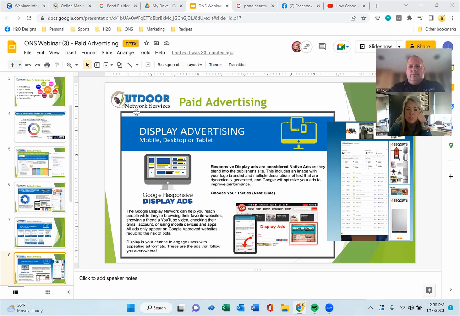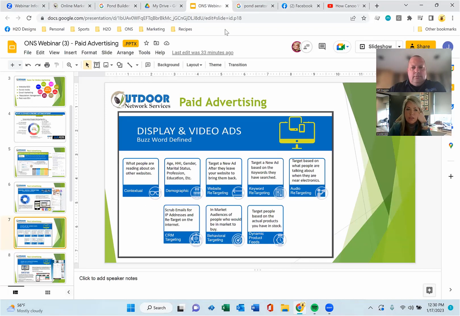Absolutely, yes. So go back to the buzzwords there. Yeah, so anything that's display and video, you can target any of these things. Now, if you are a bank, of course, there's some demographic stuff you can't do. If you're in housing or employment, it's a little bit different on demographics. But yes, you can target a zip code with just the household income amount and a homeowner if you wanted to.